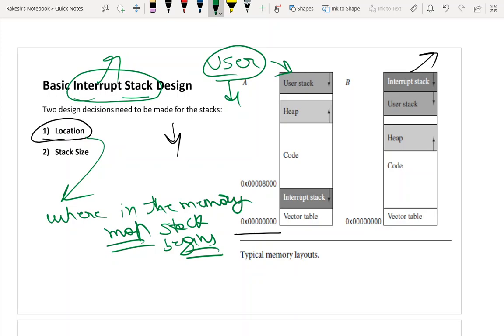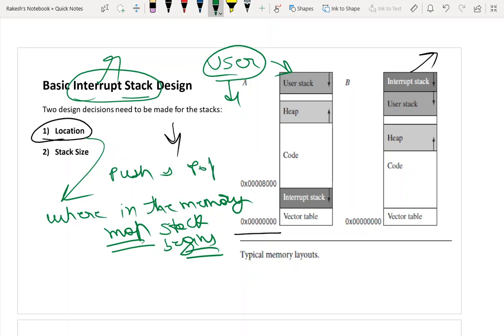The processor remembers by pushing the content onto the stack when it was interrupted. That is what we have discussed, the push and the pop. Push pushes the register contents onto the stack when you are interrupted. After you service the interrupt, which is done in the interrupt handler, you return back, and then you pop the content from the stack, isn't it?